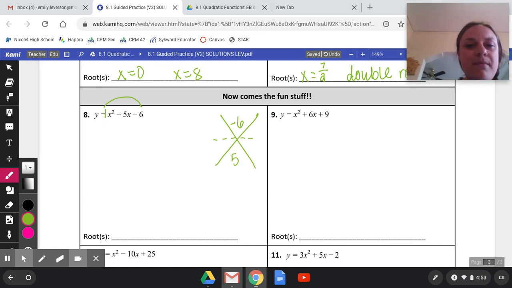Which two numbers multiply to give me a -6 and add to give me 5? Well, that would be, or wait, give me a positive 5, sorry. That would be a positive 6 and a -1. And then again, I just divide by my coefficient of 1. So that equals 6. That equals -1. So my two factors would be,